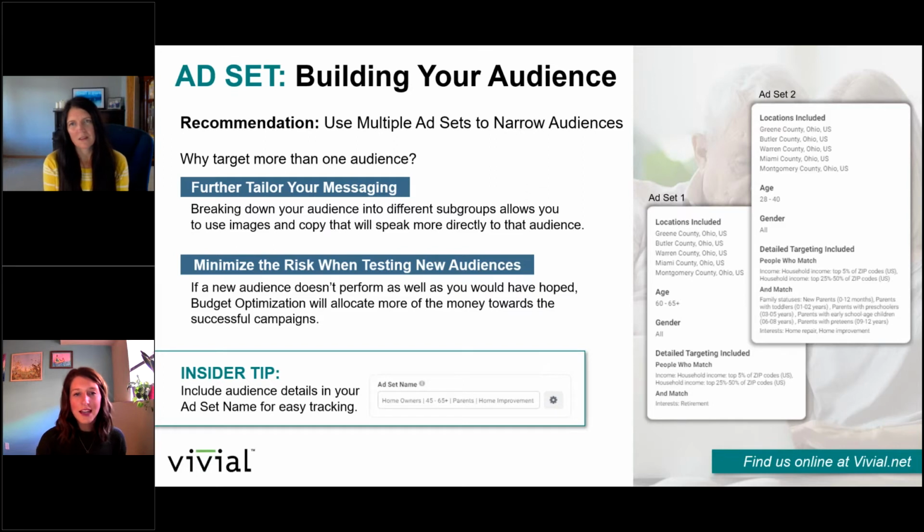So in our example, ad set one is retirees. We've identified some key counties within our service area in Ohio. You can get really granular with locations too, all the way down to a zip code, or as broad, if you have a national campaign, that's an option too, and everything in between. We've narrowed our age, because we are targeting retirees, to 60 to 65 plus. We've identified some household income on the upper percentage just to match the price point of our service in this instance and pre-qualify who we're serving our ad to. And then our interest is retirement.